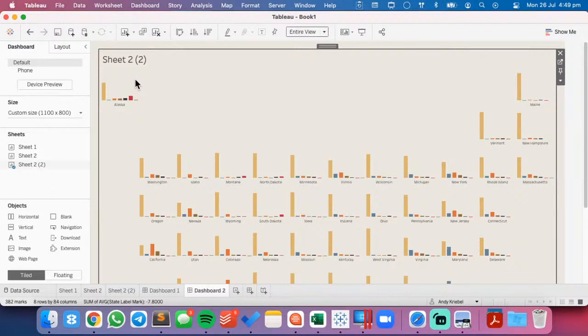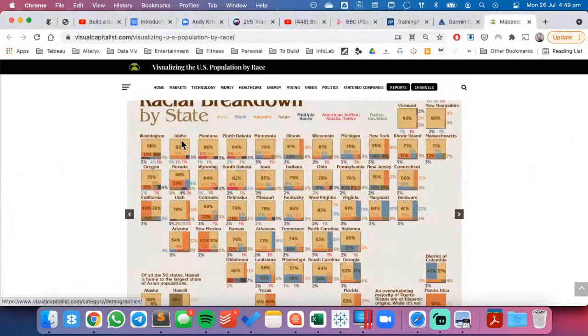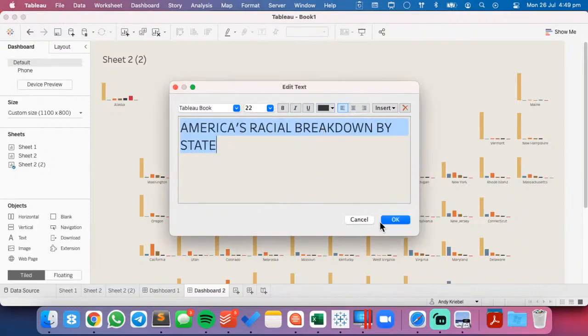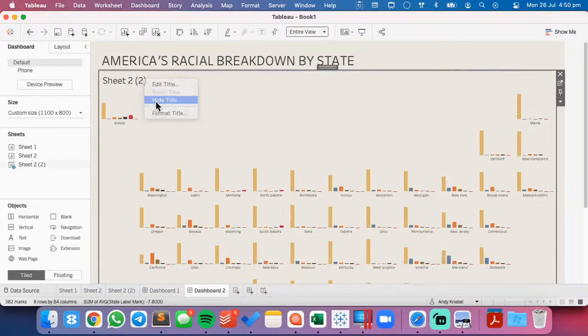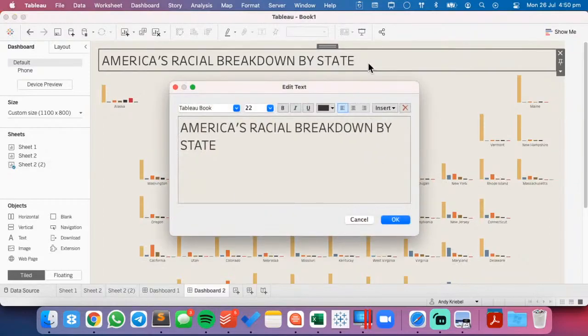But I want to allow the user to maybe, let's see, so let's bring in a text box. This is going to be my title. So let's just call it, let's make this maybe, all right, so I can now hide the title here. And I want to allow them to click